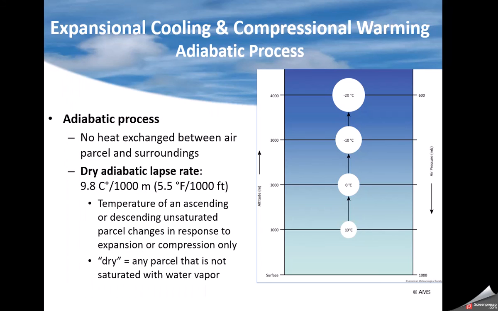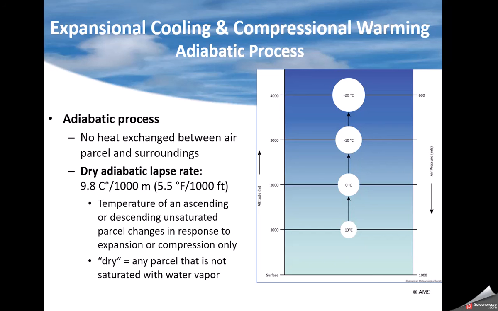pressure changes. And final part here, if we know that the air is going to cool as it goes up, we can come up with an actual temperature change with height, with lapse rate. And this is 9.8 degrees Celsius per 1,000 meters. So basically 5.5 degrees for every 1,000 feet. So if you climb a mountain in West Virginia or over there in Ohio somewhere, a little hill, and go up 1,000 feet higher than you were, you're going to be 5.5 degrees colder if the air is dry. Key point, air is dry.